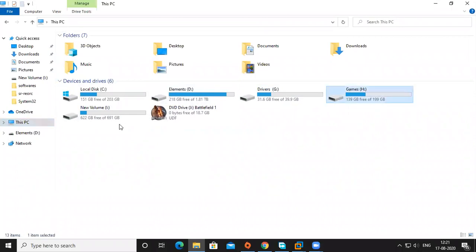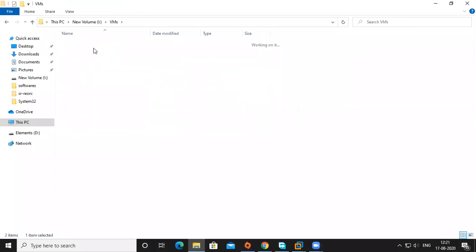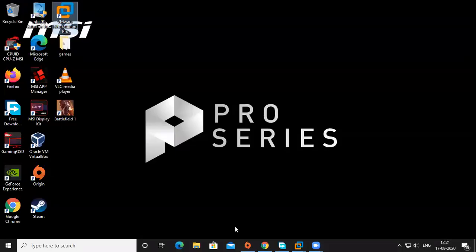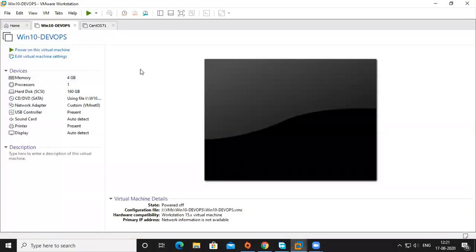So I created a virtual machine in here. So this is my virtual machine. Okay, and I also added 3 lines to it. And now the required things I'm going to install one by one. So we'll see.